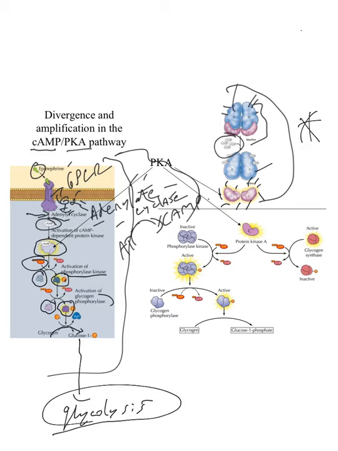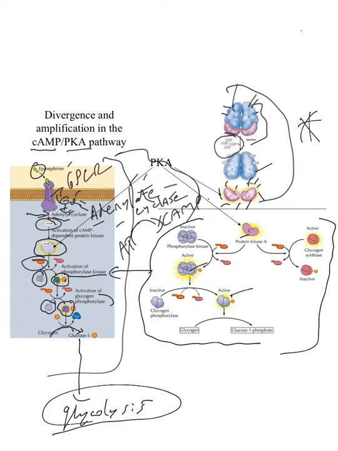So let's come over to now this part of the slide, because this helps us to see the idea of divergence in the pathway. Everything on this side is identical to what I showed you over here. Let's just quickly go through it. Activated PKA, activated phosphorylase kinase, activated glycogen phosphorylase, conversion of glycogen to glucose. What the left side of the screen doesn't show you is the divergence, where the same protein kinase A step can also diverge to do something different, like